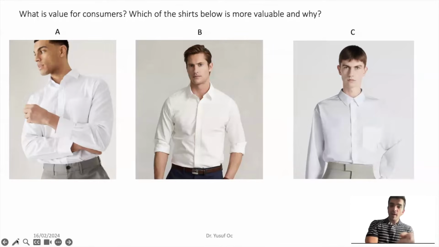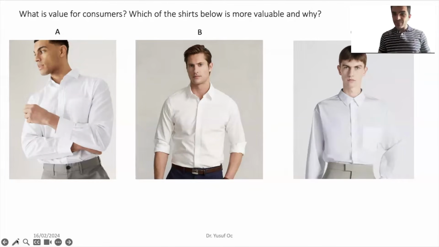Why do you think A, B, or C is more valuable to you just by the looks of it? Because there is no brand information, there is no price information, you don't know anything about the material quality, you cannot touch or feel anything. By just the looks of it, you have limited information, so you can either look at the models and decide one is better than the other, or at the shirts themselves. Share your examples, and then I'm going to give you more information, okay? Because what I'm trying to tell you is that with only the look of the shirt itself, without any brand information, you don't understand which one is more valuable.